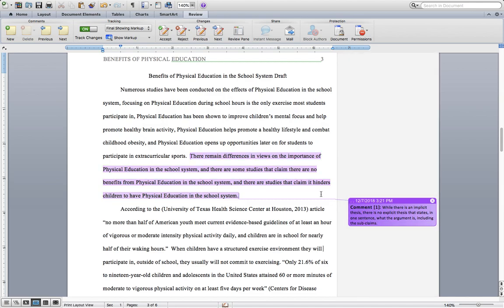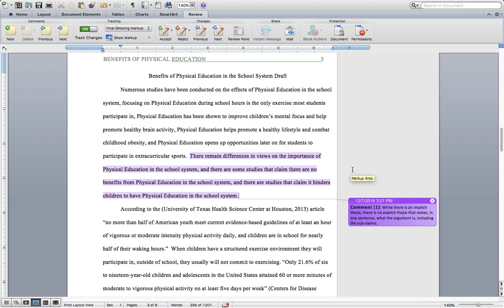The intro paragraph has subclaims, right? The student is starting to do forecasting. When they provide these subclaims of promoting a healthy lifestyle, the obesity, and then the extracurricular activities later in life, that's all we're given. So we have no information in the introduction in terms of, well, what is actually the controversy? What are people saying? Because at the top of my mind, I don't know what people would say